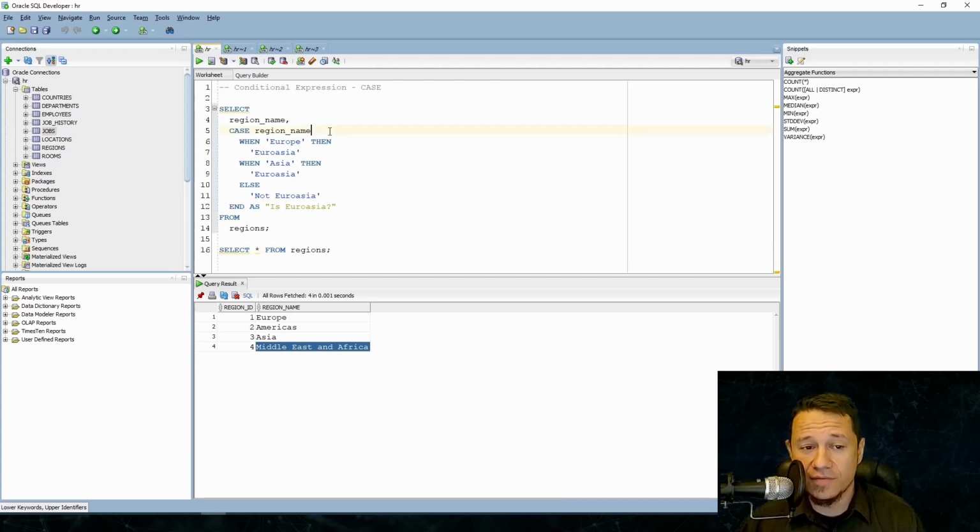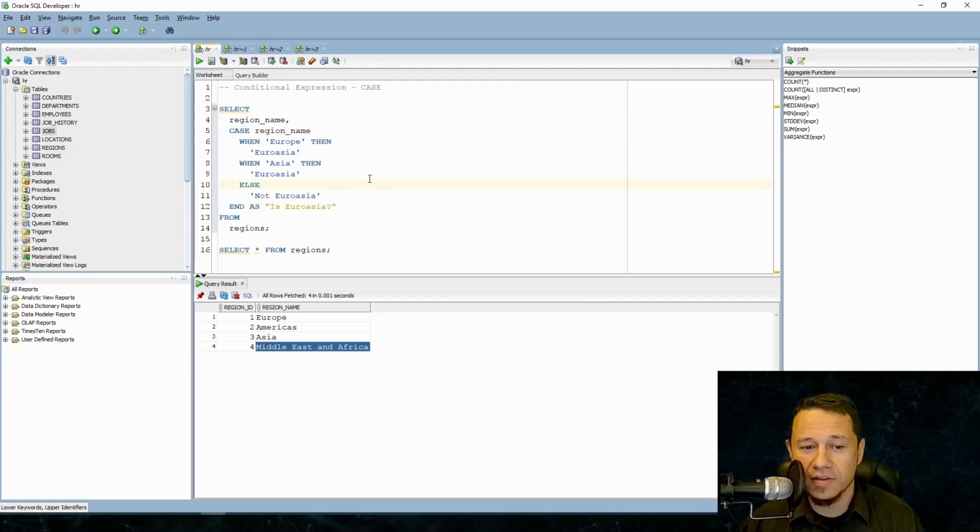The syntax is as following. It is starting with a case keyword, the field we are looking at, to which conditions are going to be applied, followed by when some value that is being compared, in our example to region name. So when region name is Europe, then print out Euro-Asia. The same applies when it's Asia, it prints out Euro-Asia, and in every other condition, we are using the else keyword and printing out the not Euro-Asia. And at the end, we have to add the end keyword, which signifies this is the end of the case